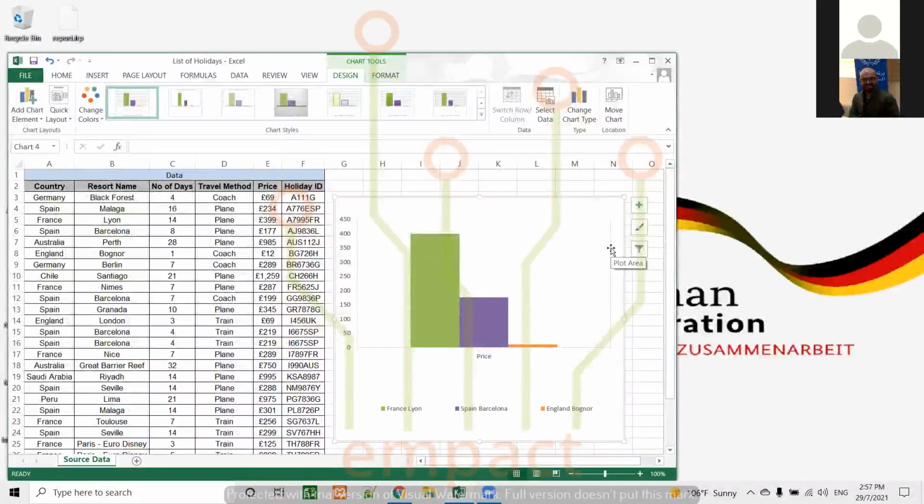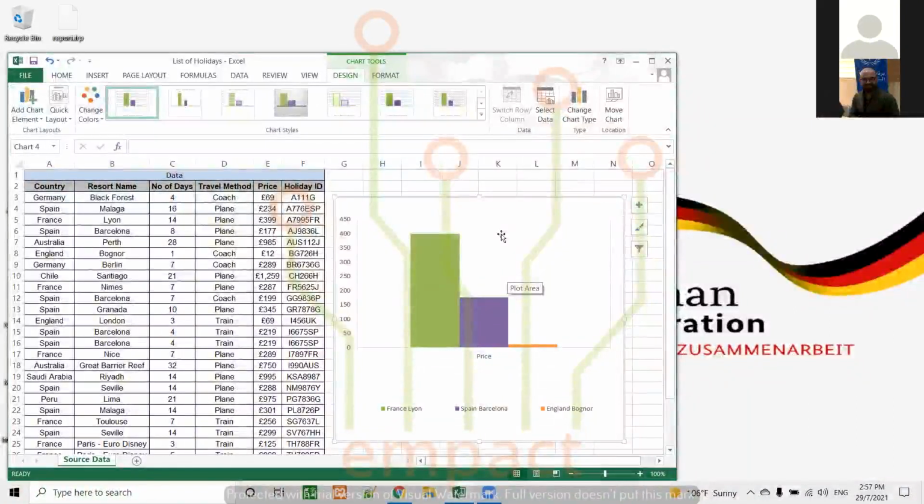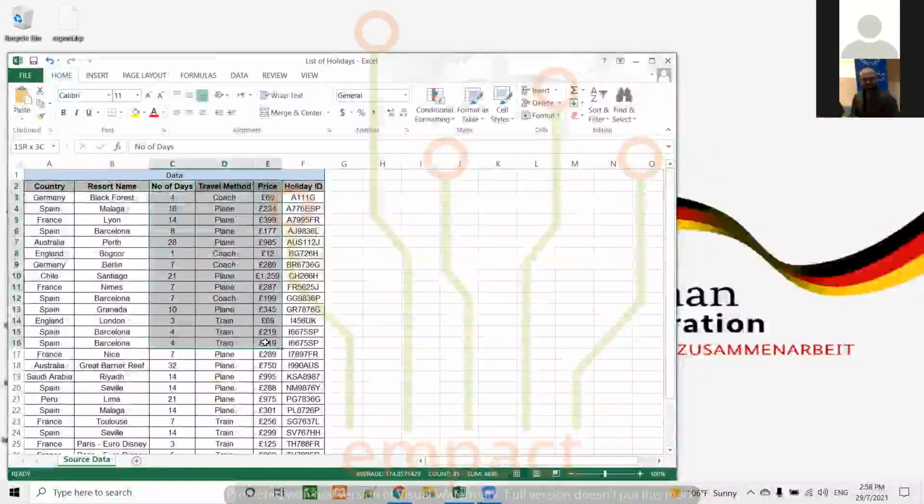Sometimes the management is also friendly, so they don't care if you use a different color, but somewhere else they really do care, and you have to be careful not to pick childish and funny colors, or colors that hurt the eyes. So be careful about choosing the color while you are presenting your data. And yes, this is the chart, and you could just remove it. And if you want to do it another way, for example, you want to apply it on just this much of data,